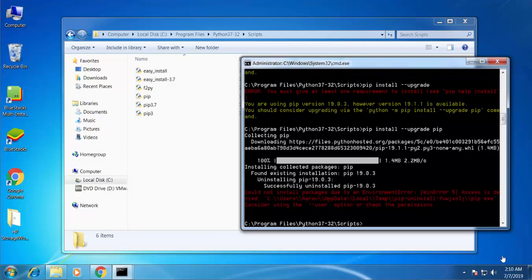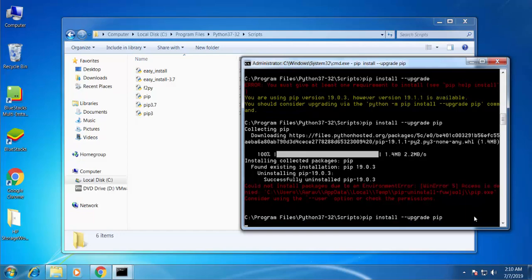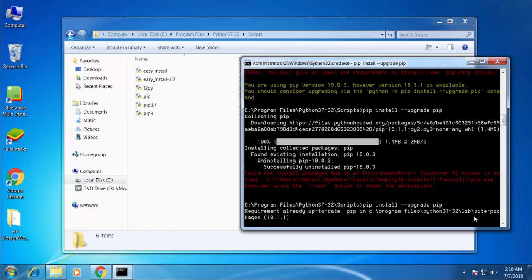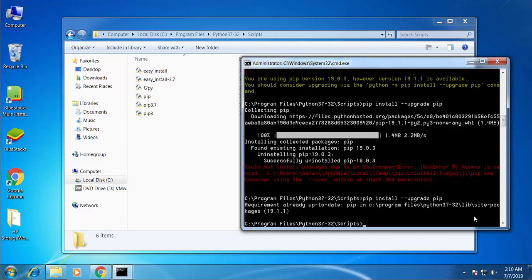You will see this error, but basically this is not an error. It is just the warning which we receive, because when we check the version, it says we are on the latest one. So here we go. Now